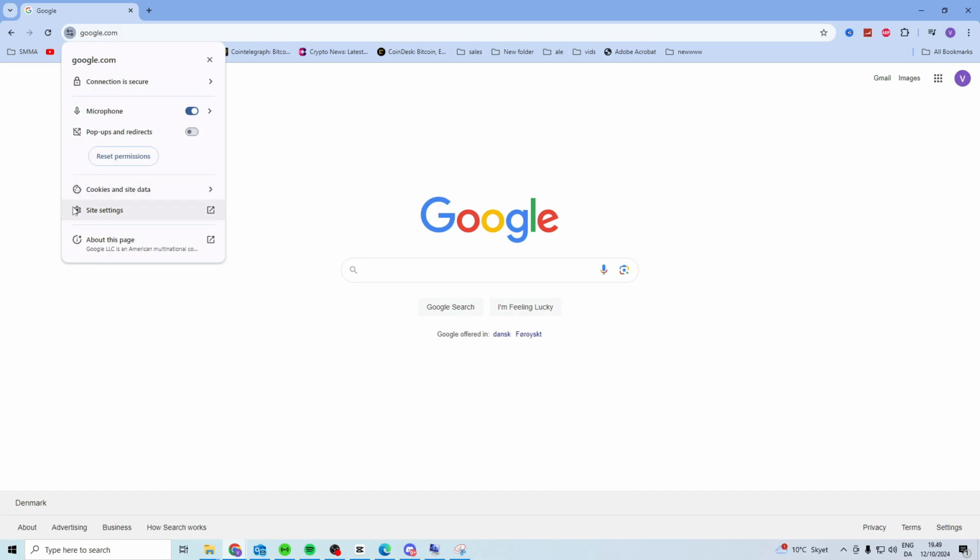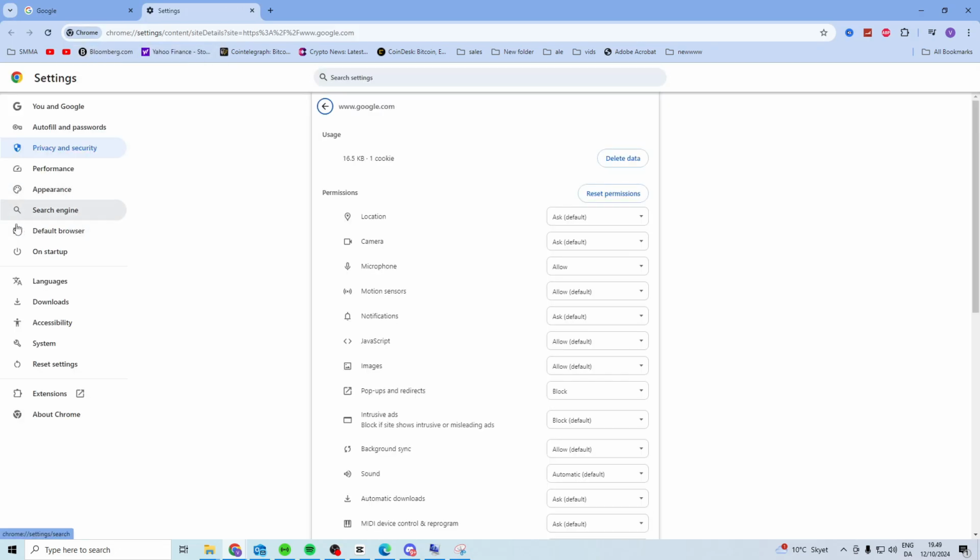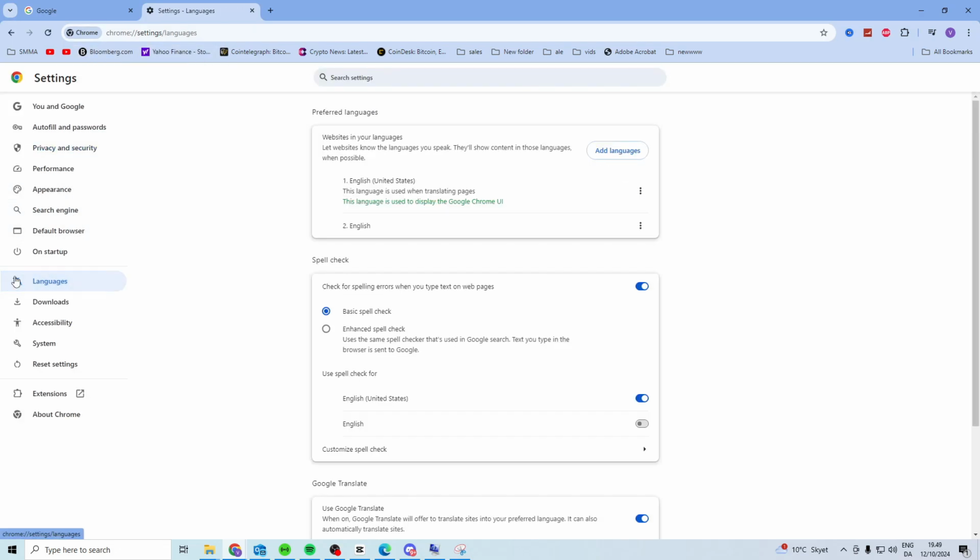cogwheel right here, this cogwheel icon. Obviously, if it's in a different language, you're not going to understand what it says, but click on the cogwheel right here, open it up, and then you want to click on this. Now this one is the languages, and once you're in here, you should be able to see if you can